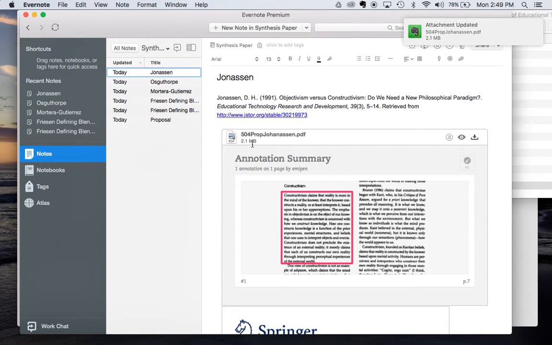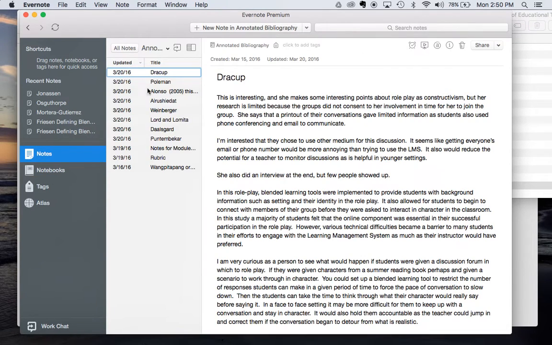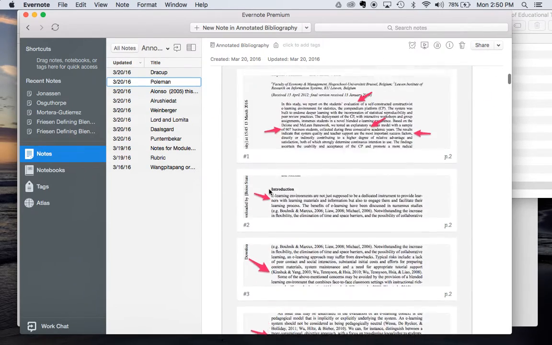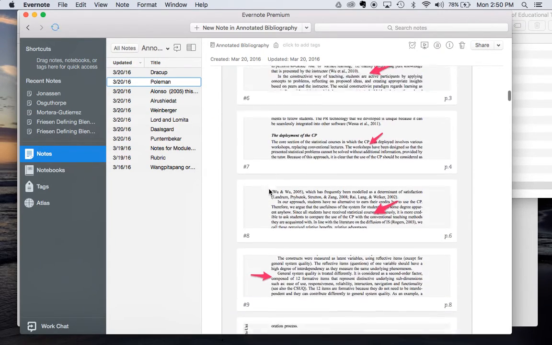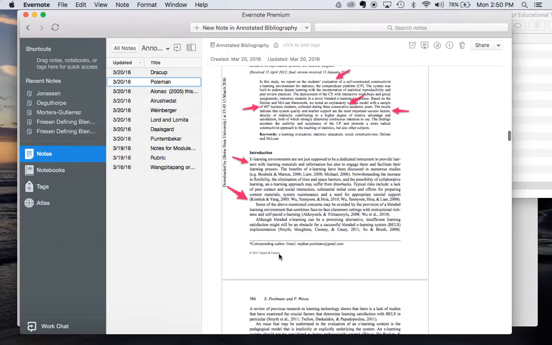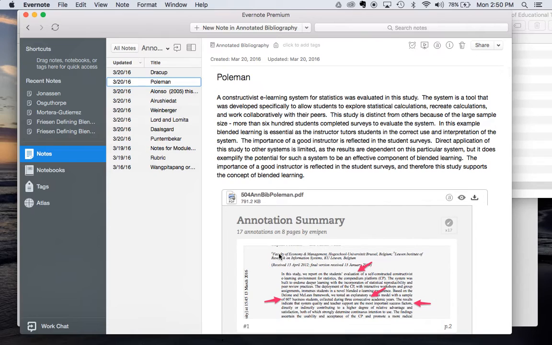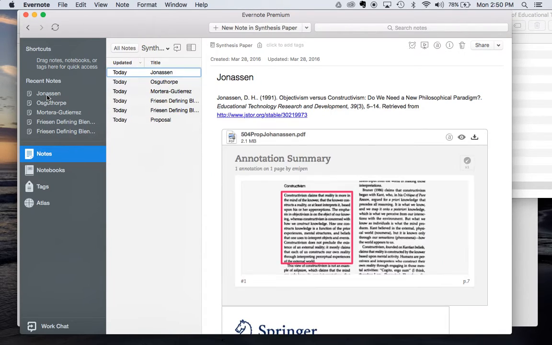What it's going to do here for me is pop my annotation summary right here. So you can look at some of the other articles that I've annotated this way, and I can see right here, here are the main ideas that I identified when I read the paper. And of course the whole paper here if I want to see them in context, so that when I was pulling together an annotated bibliography on these, I could easily glance through and see what I thought was important. And when I go to write my paper, I can easily glance through and see what I think is important as I'm writing that paper, and then be able to pull from those important ideas